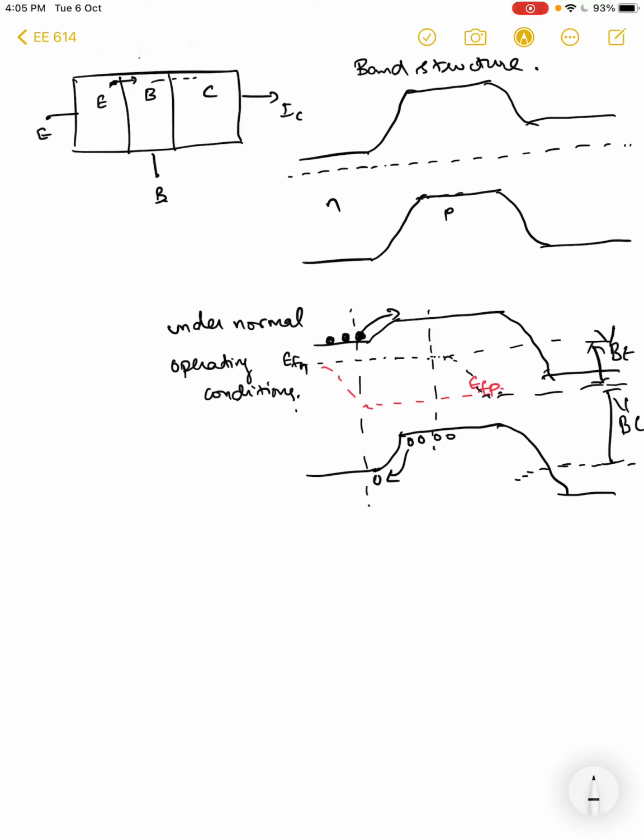Now these holes can recombine, right? So this, and these electrons which are injected into the base region can once again recombine, right? But then whatever escapes from this recombination, once it crosses this particular region, it gets accelerated by the depletion width of this base collector junction, which is reverse biased, right? And you get your collector current IC naught.